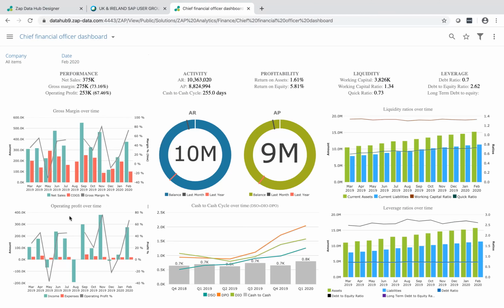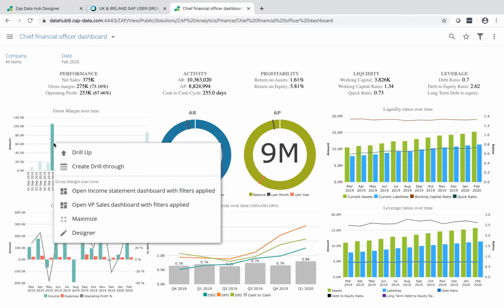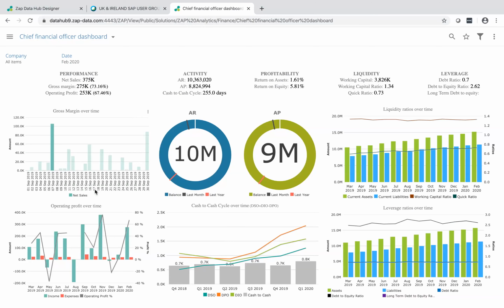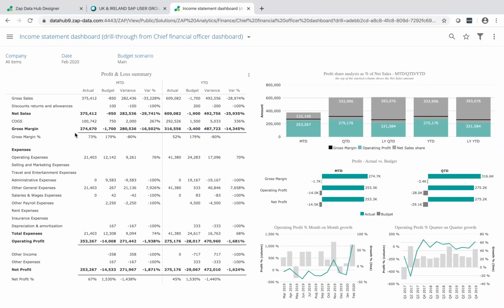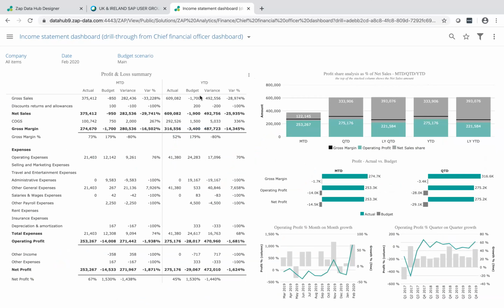So essentially, for instance, this is gross margin over time. This is operating profit over time. You can double click. You can come down from a month to an individual date. You can have drill throughs, which means you move from one dashboard to another or a detailed report, and you can do those connections. So I'm working off a gross margin report, and I've actually gone into a P&L report. And these structures we create, and you've got comparisons here, you've got the actuals, you've got a budget coming in, you've got variance, and so on and so forth, month to date, year to date.